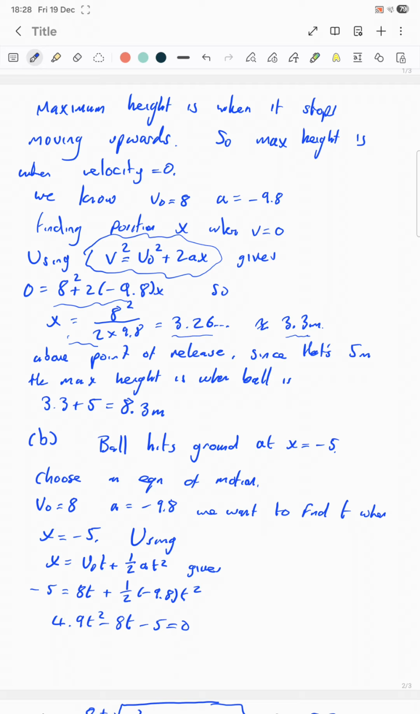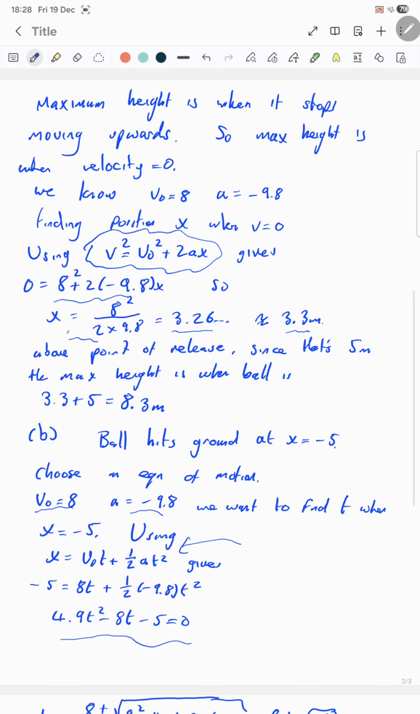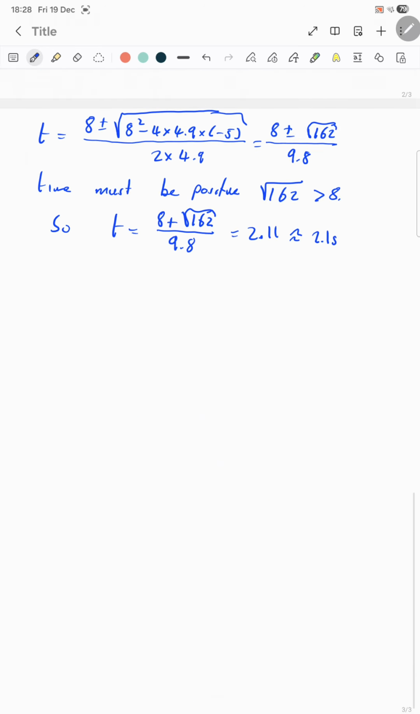Now to answer the second question, the ball is at the ground at x equals minus 5. So we choose an equation of motion where our initial velocity is 8 and again acceleration is gravity. We want to find t when x equals minus 5 using this equation here, which, plugging in the values, gives this. Now we solve this with a quadratic equation,